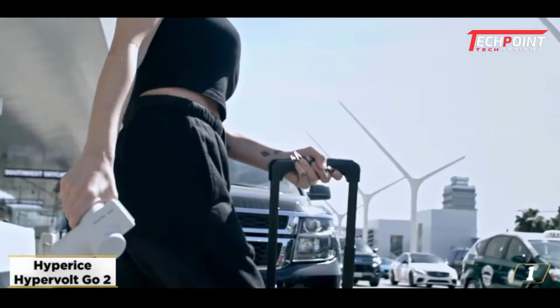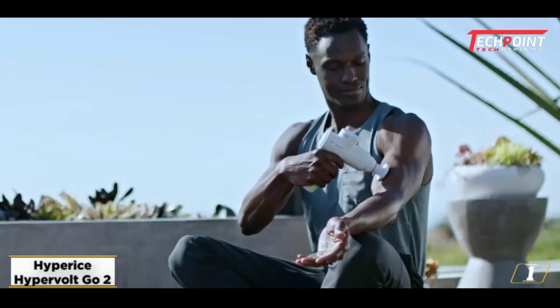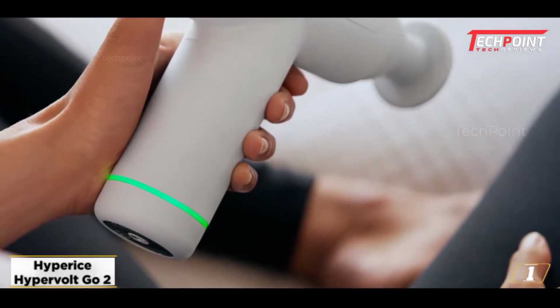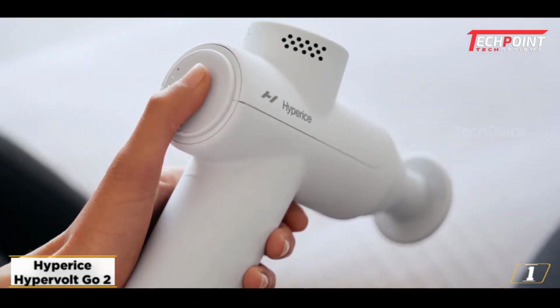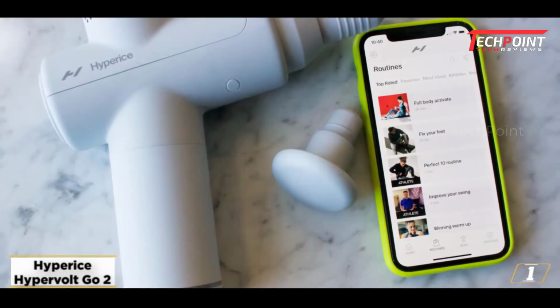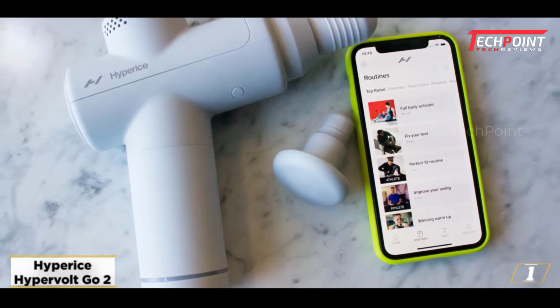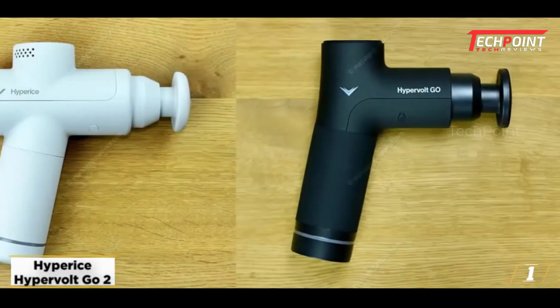Starting at number 1, Hyperice Hypervolt Go, the best massage gun for travel. The Hyperice Hypervolt Go is an inexpensive, portable massager with a lot of punch. It costs about the same as the Theragun Mini, but in contrast to the Mini, it includes 2 additional attachments, a battery life of 180 minutes as opposed to the Mini's 150, and a maximum speed of 3,200 pulses per